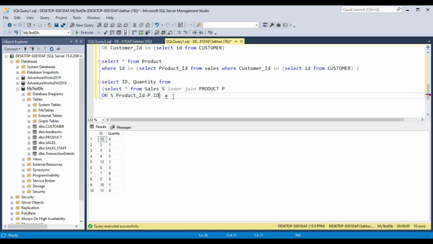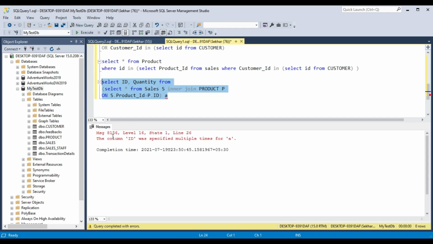Now if you run this query, it might give you some result.